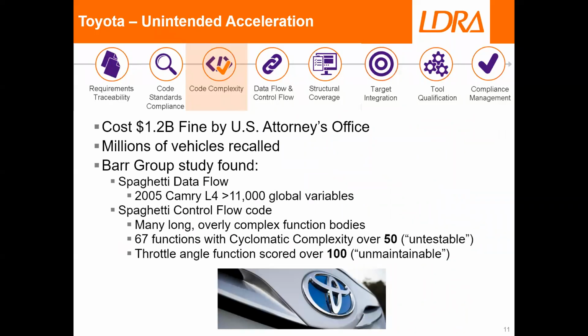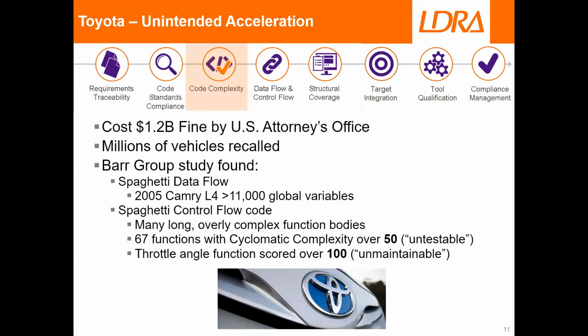Here's an example of what happens when code is too complex. Earlier, I brought up the incident where certain cars from Toyota would unintentionally accelerate, and millions of cars had to be recalled, and there was a huge fine on top of that too. So the Barr Group did a study on the code that caused this and found that it was a classic case of spaghetti code. From doing a dynamic flow analysis, the 2005 Camry L4 had over 11,000 variables,